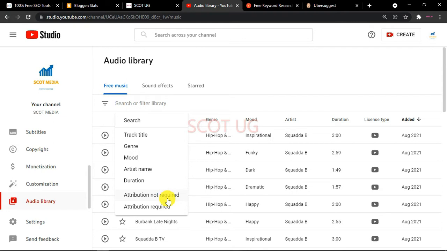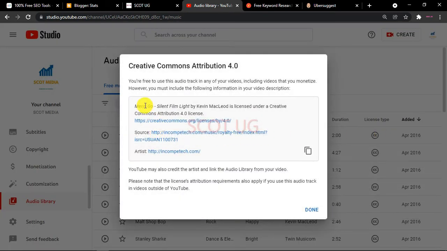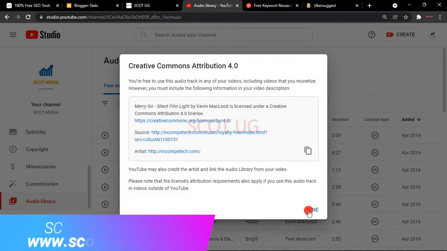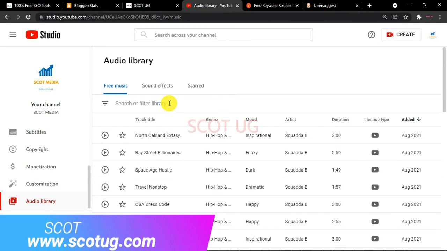If you're going to use a track where attribution is required, then whenever you use this track, you need to paste or include the statement given to you by YouTube in your video description or anywhere you're going to use it. This is mostly because YouTube enters into a partnership with these composers to give you this music free for use in your projects.